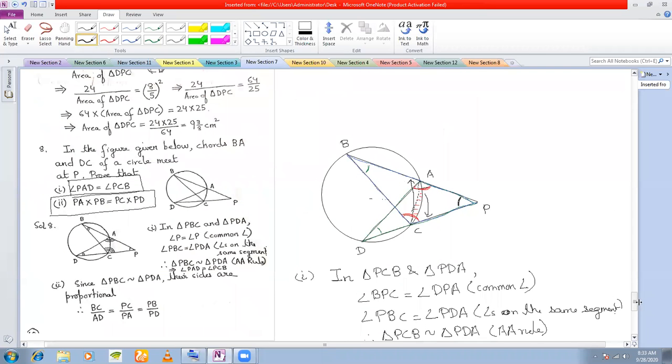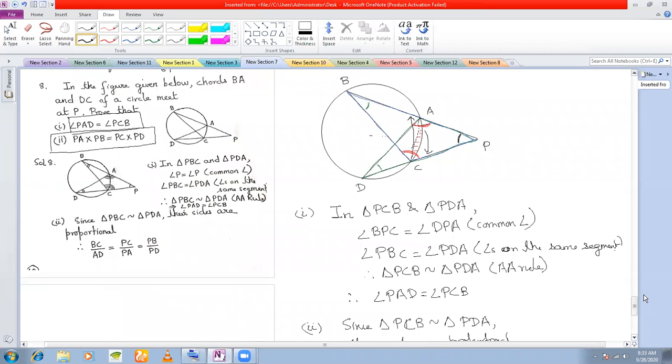Any question with this proof? This is a very important proof actually. Later on, you'll study the proof of this in the form of a theorem, and you'll be applying the theorem. When we'll be doing tangent properties, there's a theorem that is very much related to this problem. That is why I've discussed this problem. Any questions from this problem? If not, then I can stop here for today.